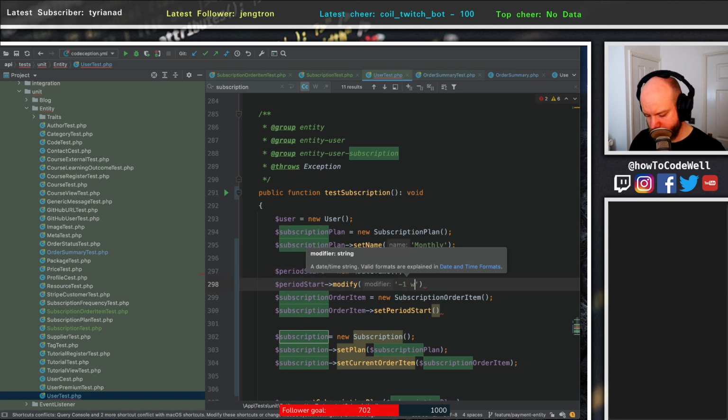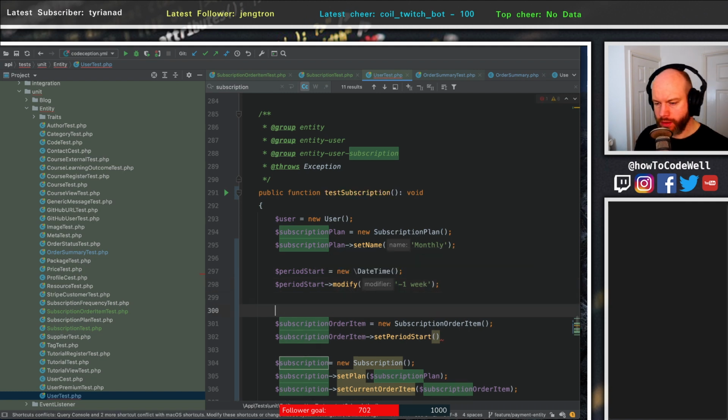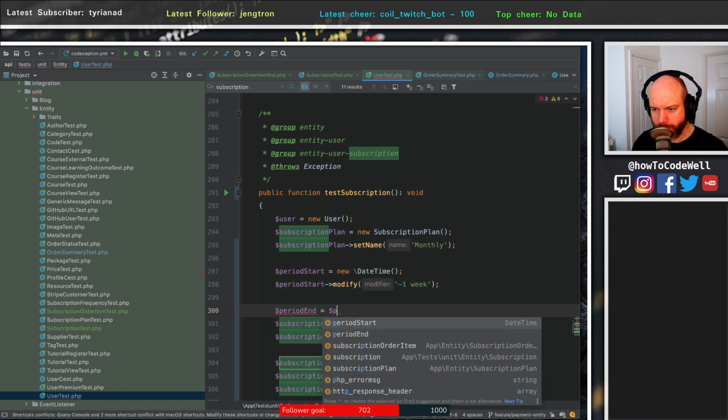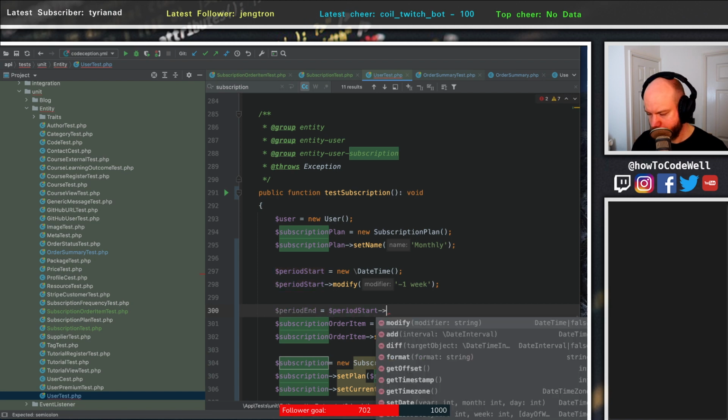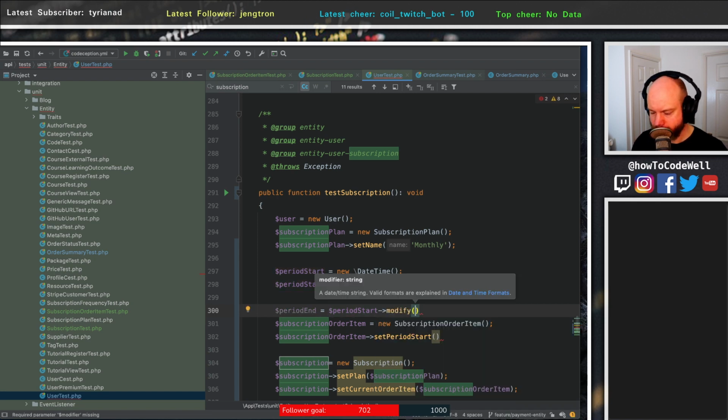So minus 1 week. Period end is equal to period start modify. I probably should clone it, but